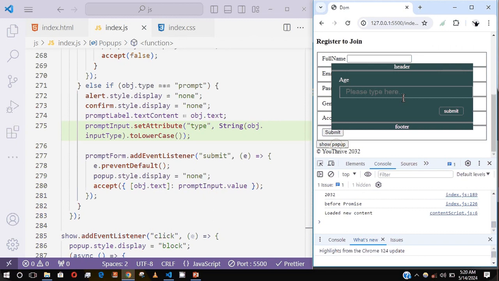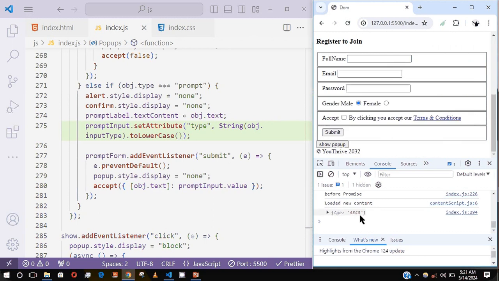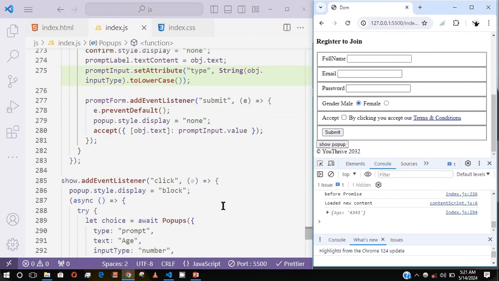So if I do this, you see I'm still going to have age here, but notice because I put type number, I cannot type text unless it's what? A number. And if I submit, this is the age. Nice. So we are getting there. So we are done with